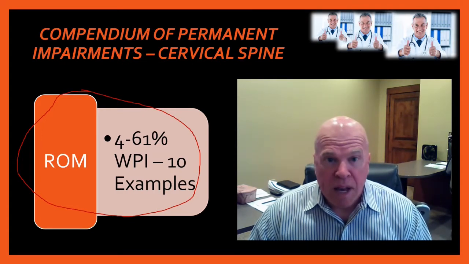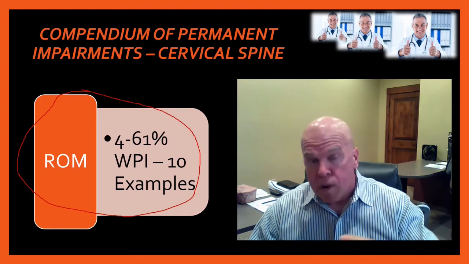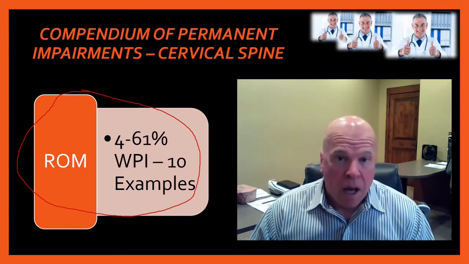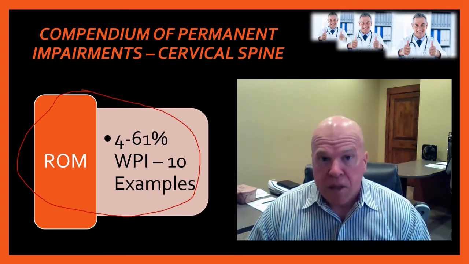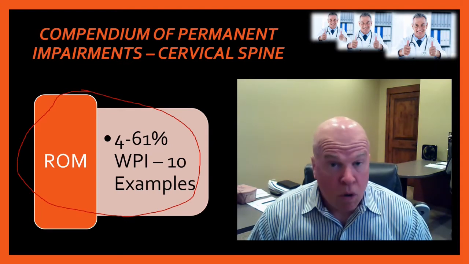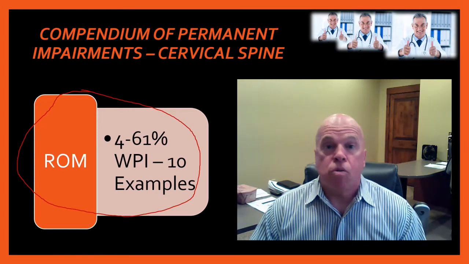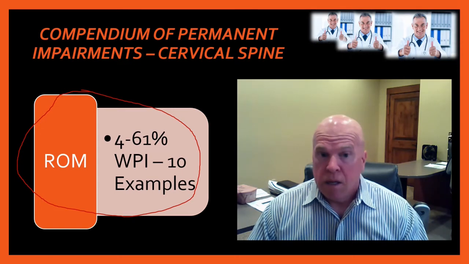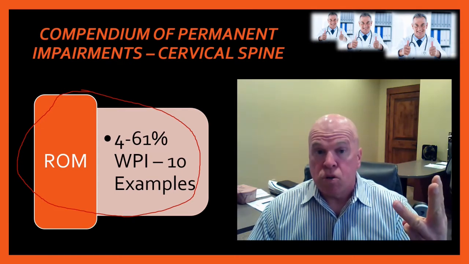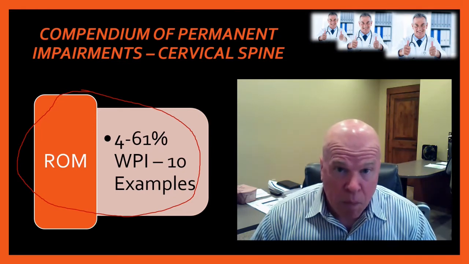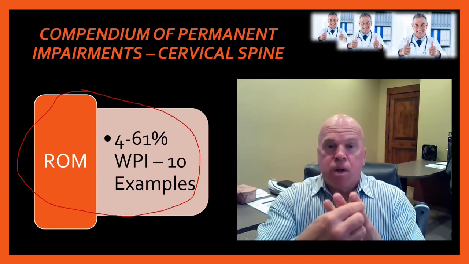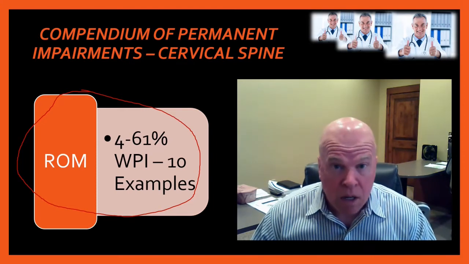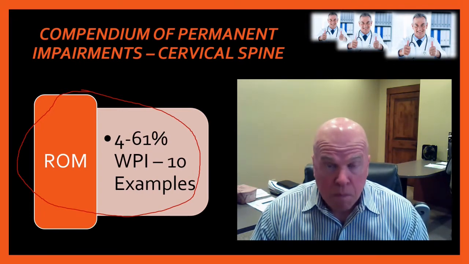And the examinee qualifies for permanent impairment for each range of motion for which there are losses. And then component number 3 of the range of motion method has to do with neurologic deficits, either sensory deficits or pain, or motor deficits. And in these 10 examples, we provide thorough discussions of each of those 3 contributors to the final permanent impairment. And each of those 3 arguments times 10 examples will give you a master's degree education in how to use the range of motion method.